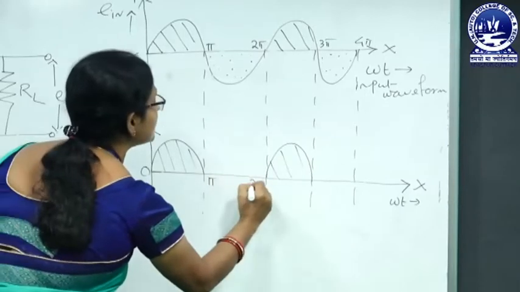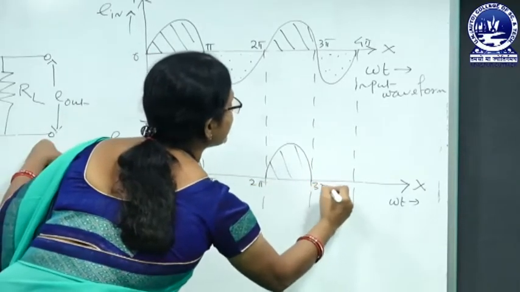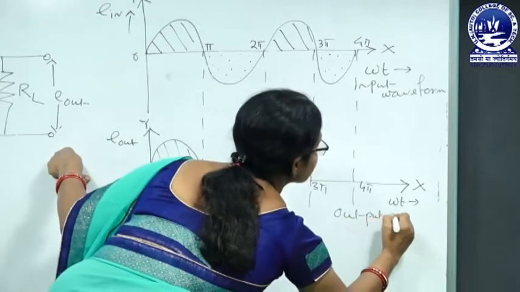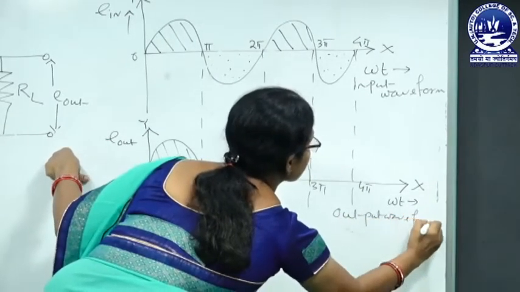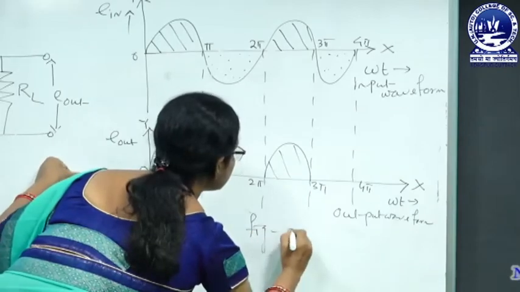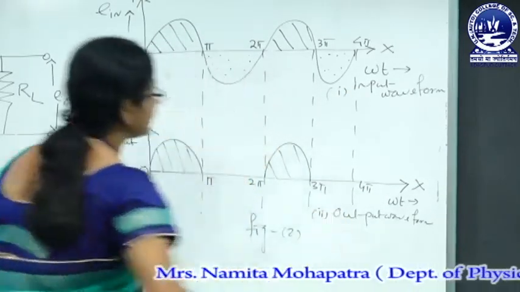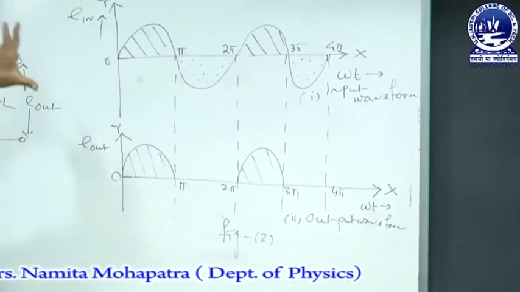Zero, pi, 2 pi, 3 pi, 4 pi. This is the output waveform. This is figure 2, part i and second part ii. So if we compare these two curves,